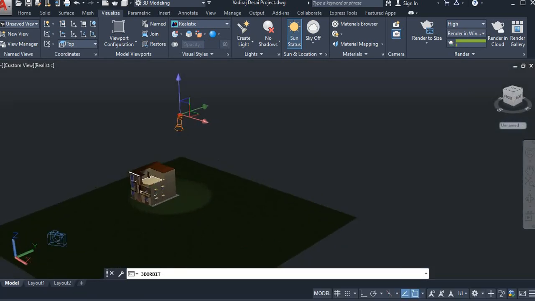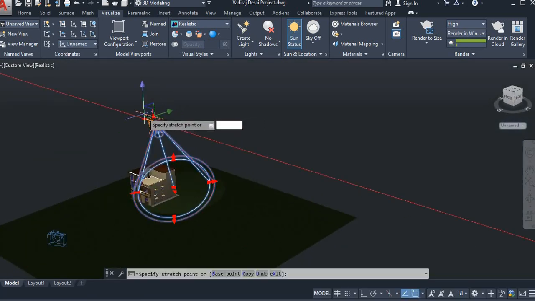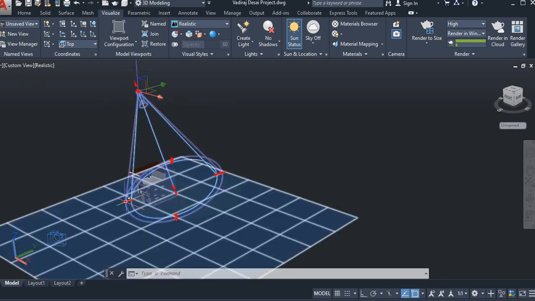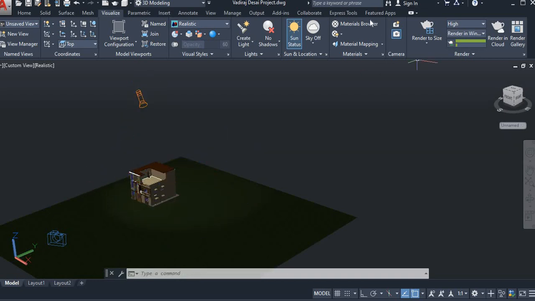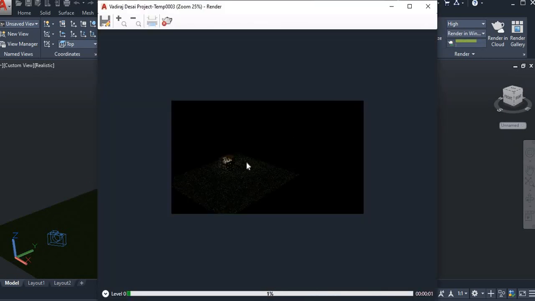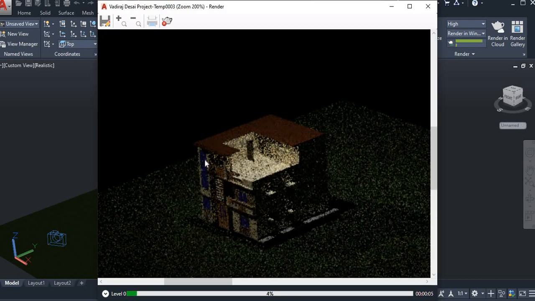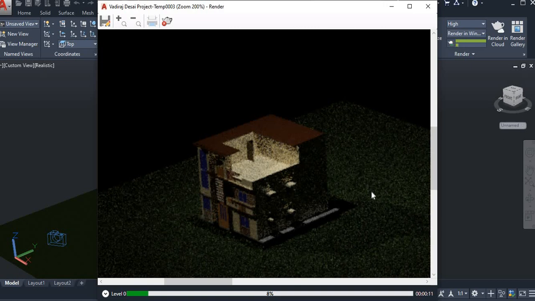Like this. You can render the object. Click on Render. By using the light, we apply the